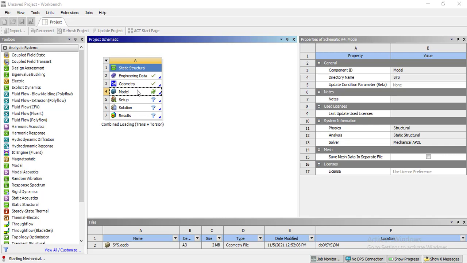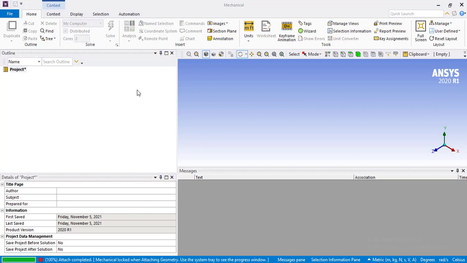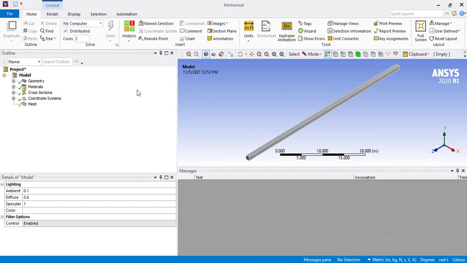As soon as it opens, we will define the required boundary conditions and the solution. The project is loading. The geometry that we have recently created in the design modeler window will be imported here like this.